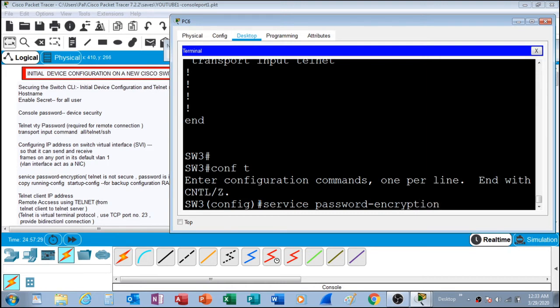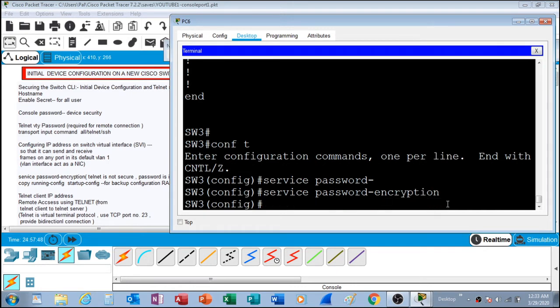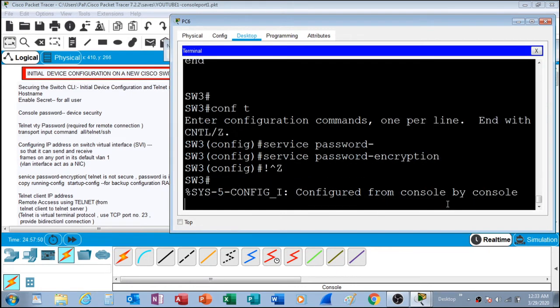And if you don't remember the syntax for the command, you can use your tab key to complete your command. For example, if I use the tab key here, it will complete our command,